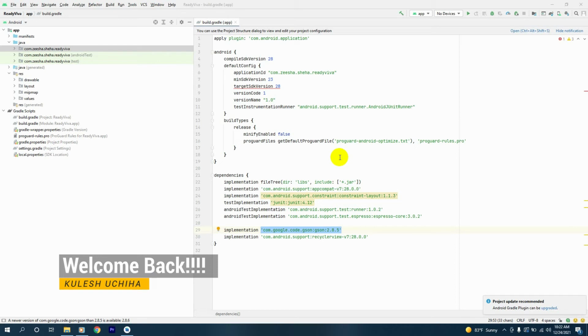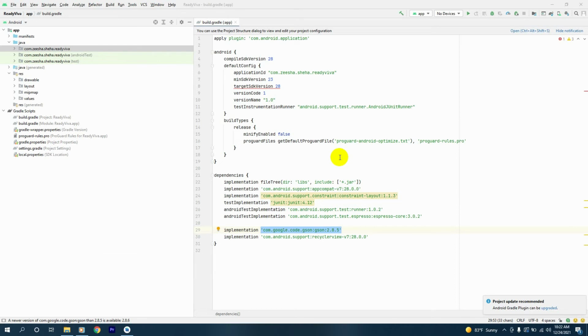Today I'll be teaching you all how to make a Shared Preferences RecyclerView, which you might face in an Android exam in the future. In a further lesson I'll teach you about Shared Preferences in more detail, but for today I'll be teaching you all how to build a recycler view using shared preferences. Let's get started. First things first, I have created a new application called ReadyViva, and inside it you have to